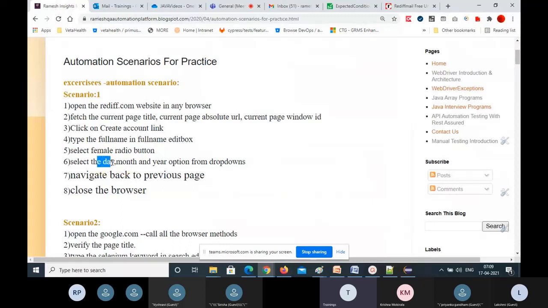For selecting the day drop down, you will call the method name, then give the object identification of the day drop down and which option you want to select from the day drop down. That's it. The method should have 2 arguments. Then for month, you call the same method one more time, give the month drop down object identification and which option you want to select.